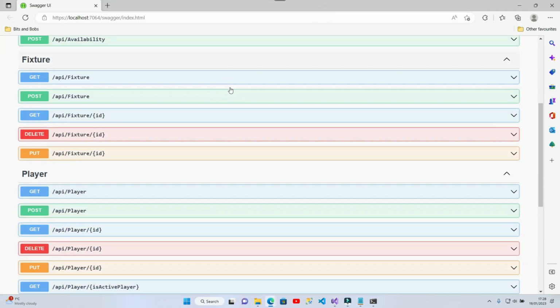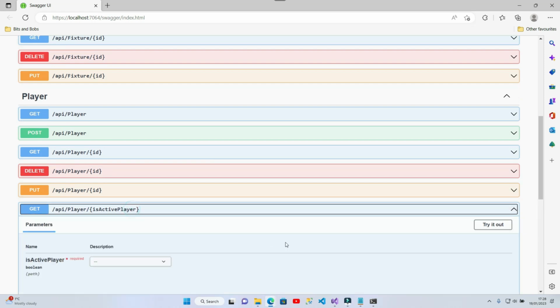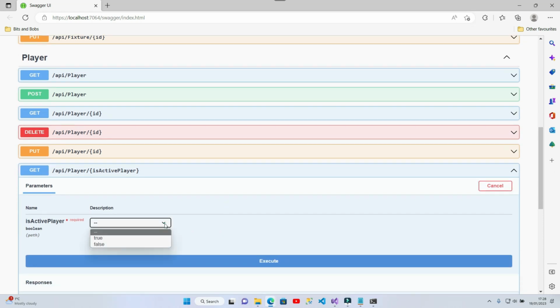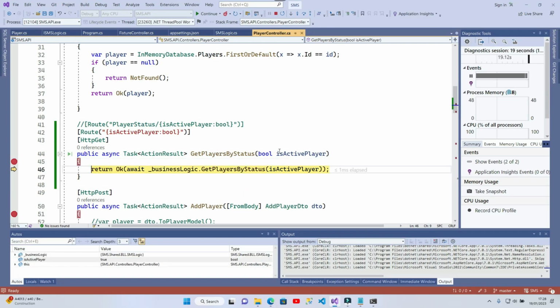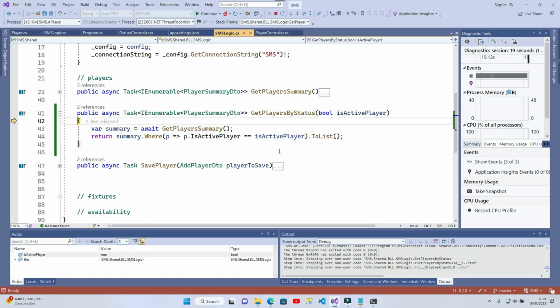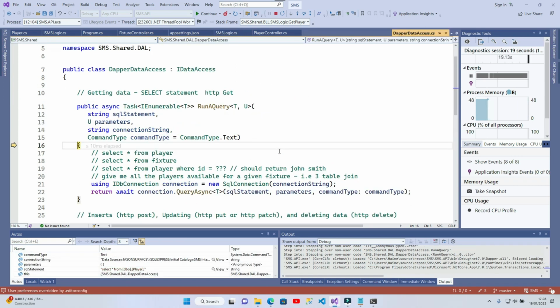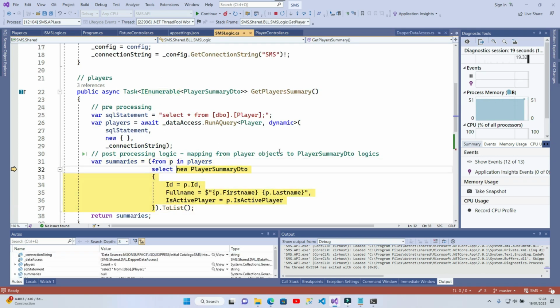And you can see if we scroll down in the players list, we have a new endpoint, API/player is active player. Open that out, try out. It's expecting a parameter that is either true or false. If we go true, hit execute, we can see that it is going to call our business logic layer. Here's our new method. Our new method is going to call an existing method and return back some data. And then once it's returned back that data,